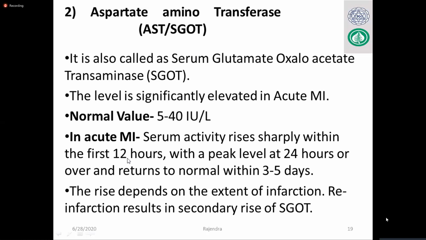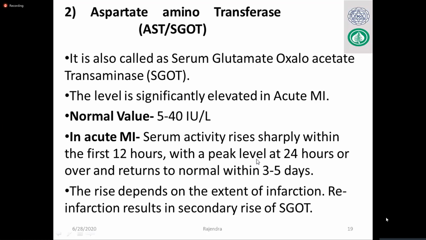But you should at least have an idea, because you are a student, of what other tests we can measure. Suppose you are in a very remote area, say Dolakha, where there is no big hospital. They can't measure creatine kinase, so at that time, yes, you can go for this. At least you have some picture of this SGOT. You can ask the laboratory staff, can you perform liver function testing here? They will say yes. Then you can go for SGOT and you have some idea. That's why you have to know about all these, but these are not very good tests compared to CKMB.